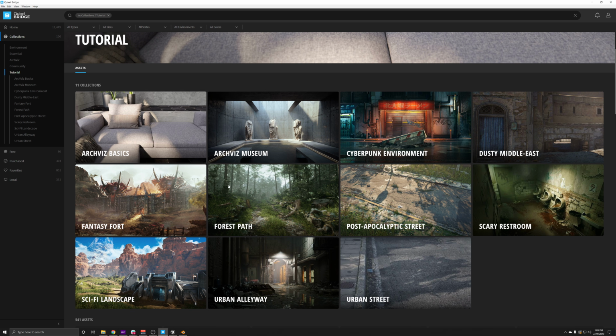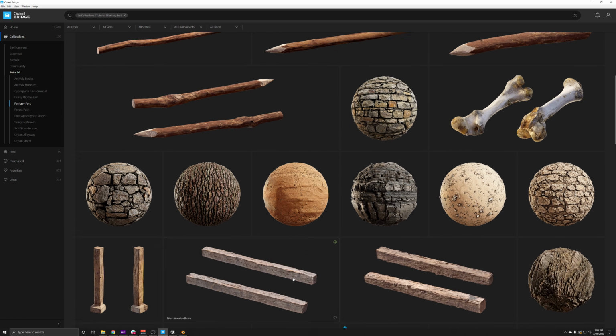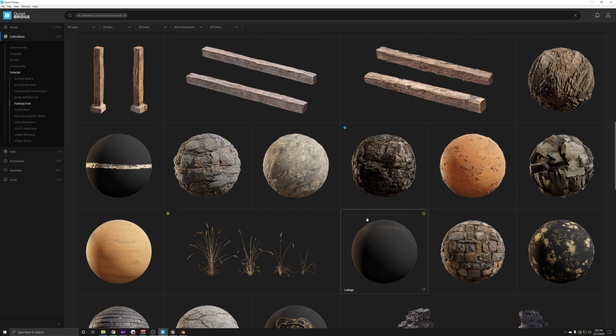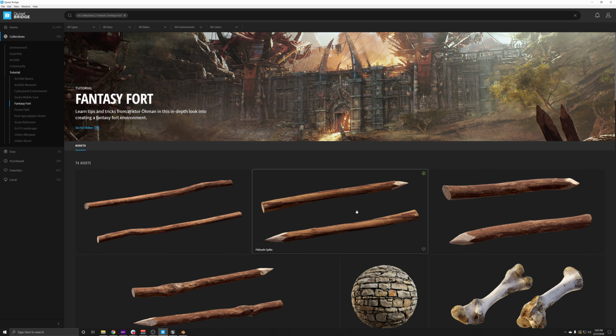And you'll be very familiar with the Fantasy Fort here from World of Warcraft, or the sci-fi landscape from Blood Gulch and Halo. So the goal of this is to kind of help get you to, let's go ahead and just click on one real quick so it makes sense. So here, we have the World of Warcraft section. So all of these assets, if you scroll through, will be the ones that were featured in the Fantasy Fort tutorial that we did several months back.